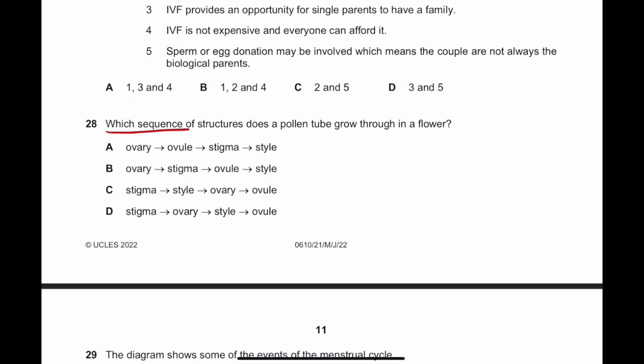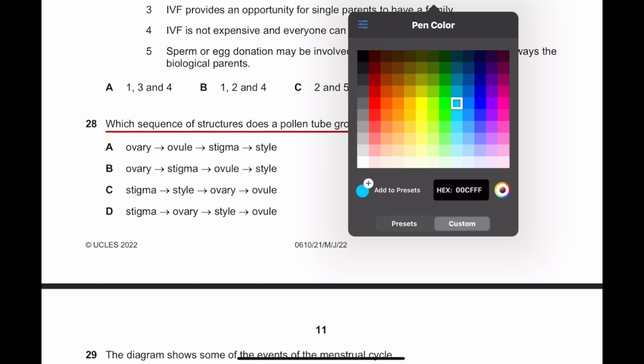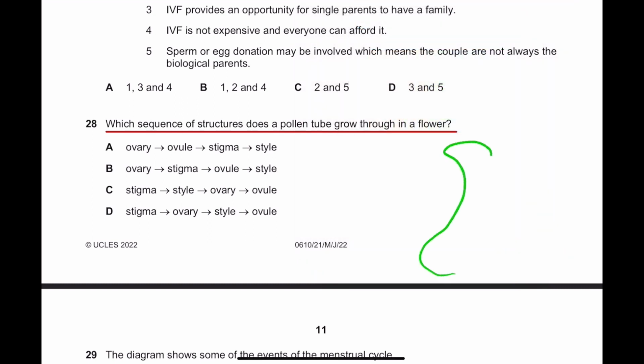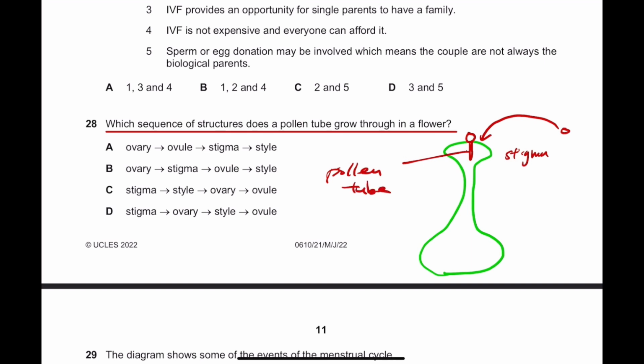Number 28. Which sequence of structures does a pollen tube grow through in a flower? So let's talk about this. This is talking about the pollination and what happens after the pollination. So when a pollen lands on the stigma of a flower, it produces a structure called a pollen tube. So the pollen tube penetrates the female part of the flower, and this part is called